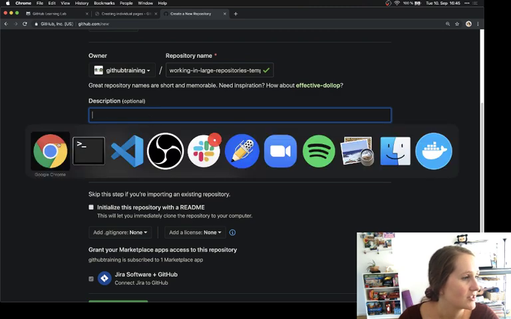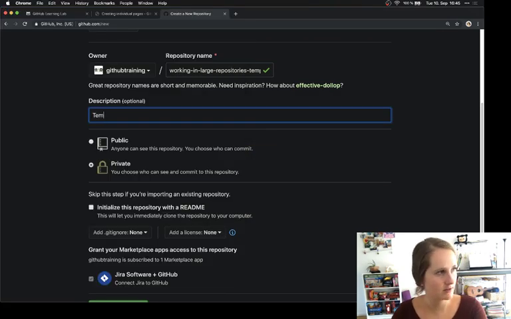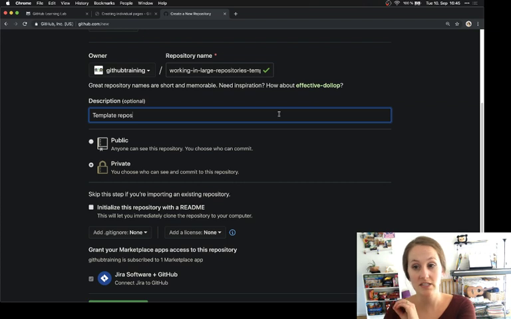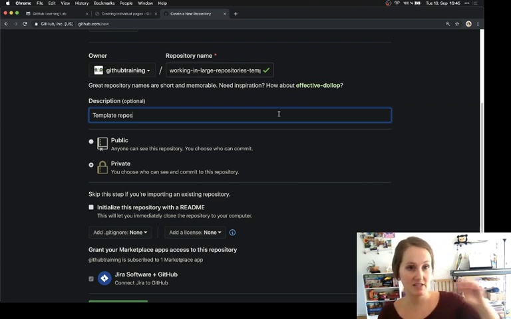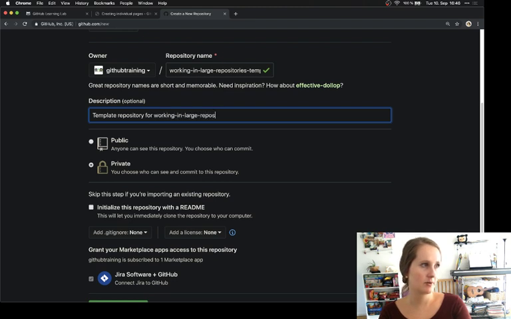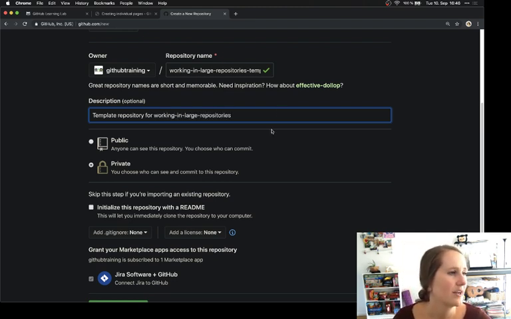Description. I'm going to just say template. So this description is GitHub, not Git, so it will not be sucked over and put on the user's repository. Template repository for working in, I'll just say working in large repositories. I'm going to make it public, private. It's going to be public eventually because it's going to be open source. It needs to have the proper license and it doesn't yet. So I'm going to make it,